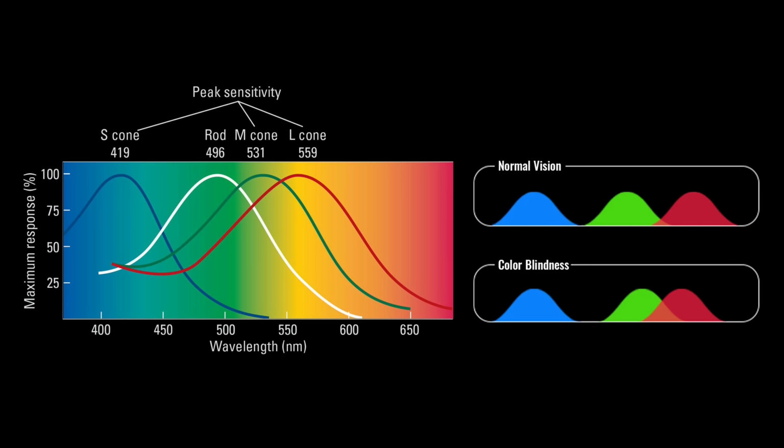So they can see like four peaks, which leads to seeing a wider range of colors. Anyway, all of this, apart from being extremely fascinating, is of interest because our technology is designed to match our